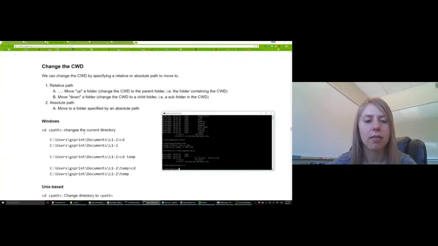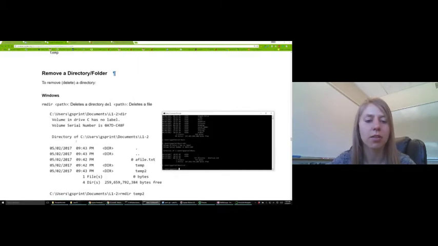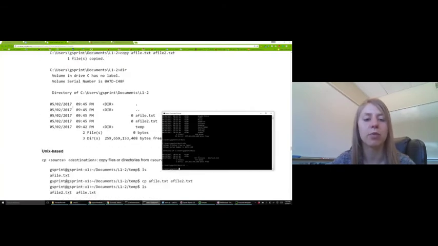So the rest of the commands go through creating directories, creating files, removing directories, removing files, modifying files. Particularly if you're working on a Unix-based machine, I recommend working through using Vim or Emacs to modify a text file directly in the command prompt. It also goes through copying, moving, renaming,